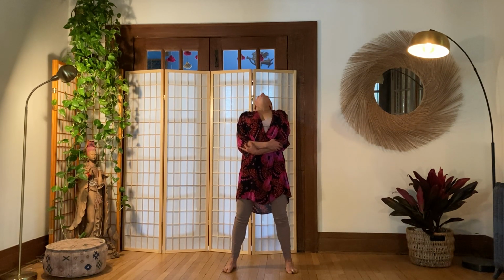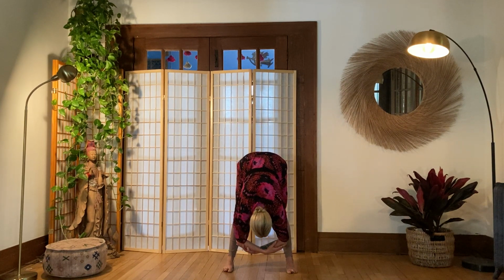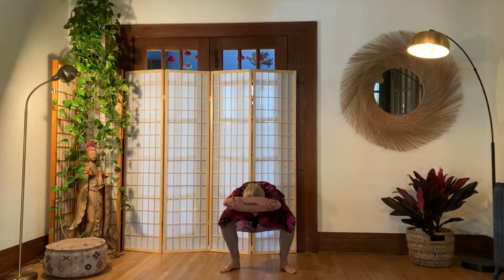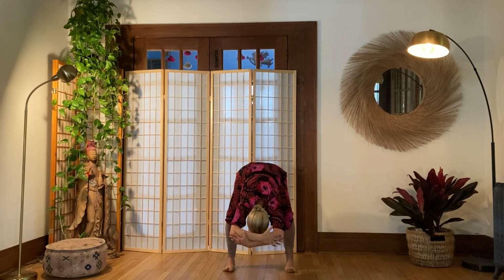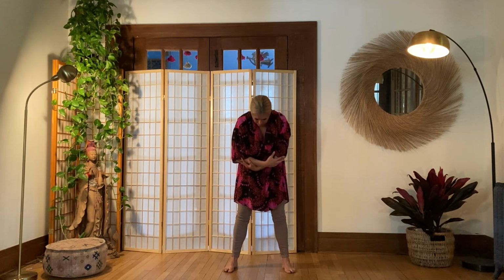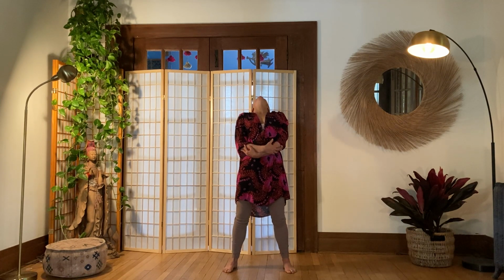Then I'm going to come back up to standing and hinge. And maybe you come right back up to standing, or maybe you put in another squat and then hinge and come back up. Maybe lift the heels if it's available for you. Not always available for me in a stable way, but I always check it out. And then I'm going to tip back. I'm going to come up